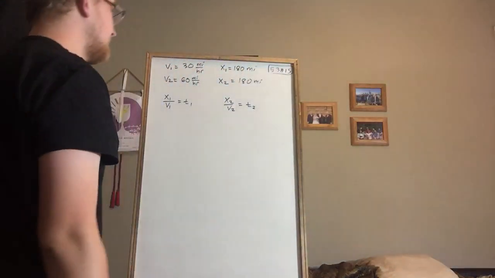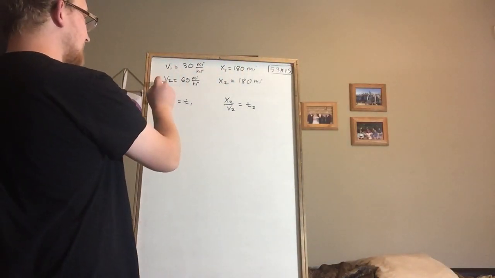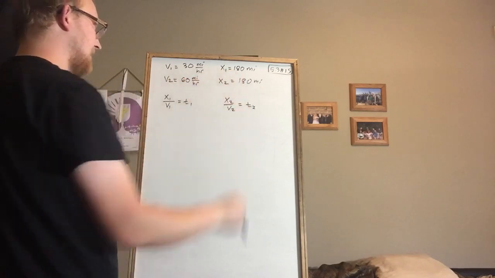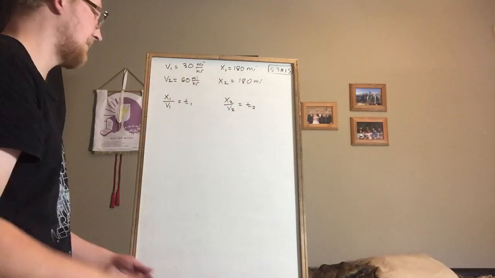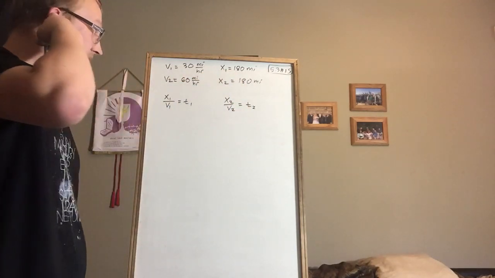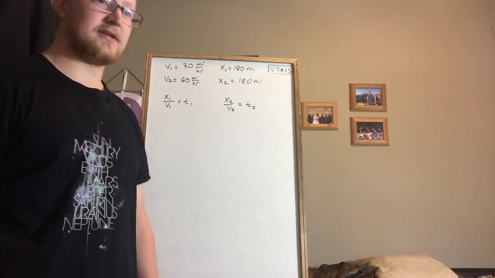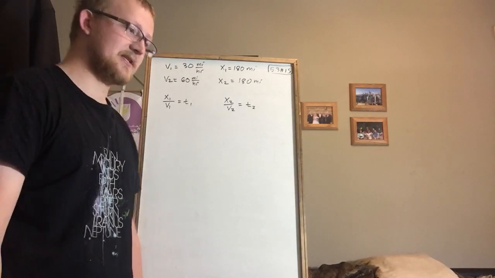and then returns over the same 180 miles at a rate of 60 miles per hour, so our velocity 2 is 60 miles an hour, and our distance 2 is the same 180. So the first thing we're going to do here is convert everything to time, because physics usually